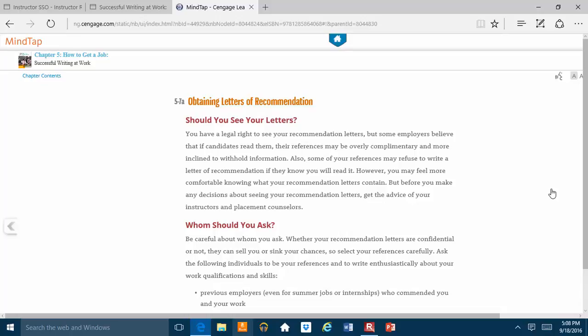If a person does not feel that he or she can give you a good, glowing letter of recommendation, it is in your best interest that they just say no. Because you do not want them to say yes and then write you a negative letter of recommendation. Those things happen all the time. All right? And so, again, make sure you're cultivating